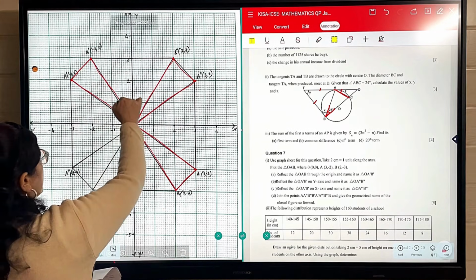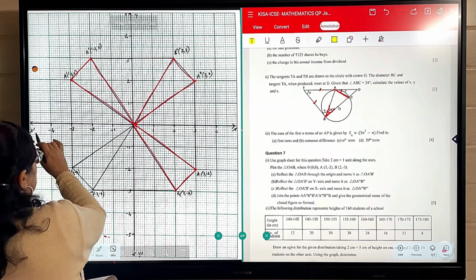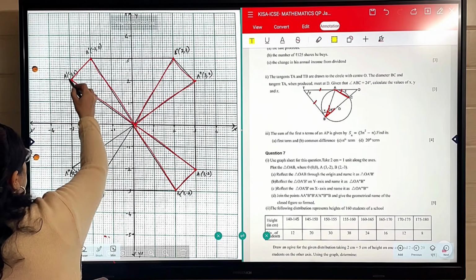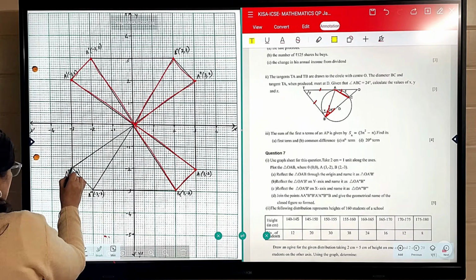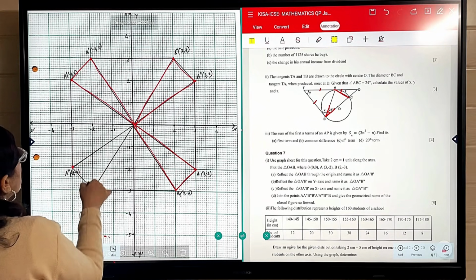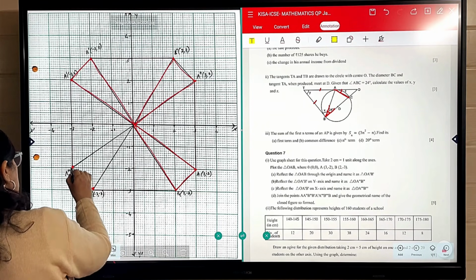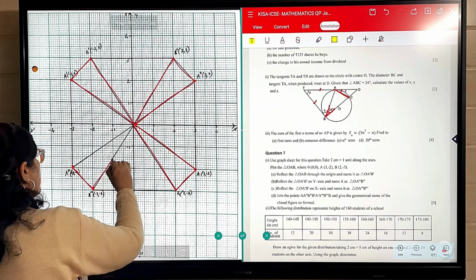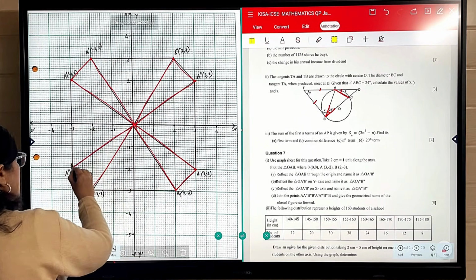So now when we reflect this triangle OA'B' through x-axis, then x point will not change. So A will become minus 3 remains same and minus 2. So minus 3 and minus 2, this is our A''' and this is our B''', reflection of B' which is minus 2, 3, so it will become minus 2 and minus 3. So this is the reflection of triangle OA'B' through x-axis. It will shift in this quadrant.